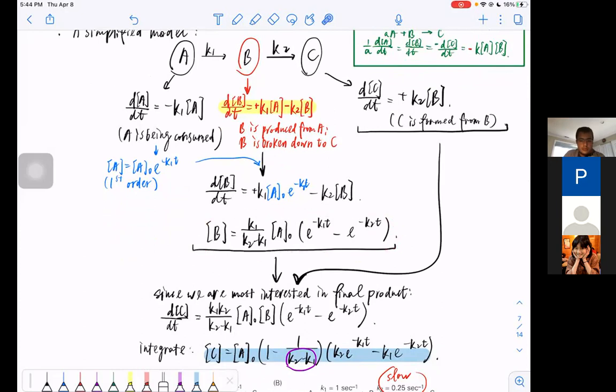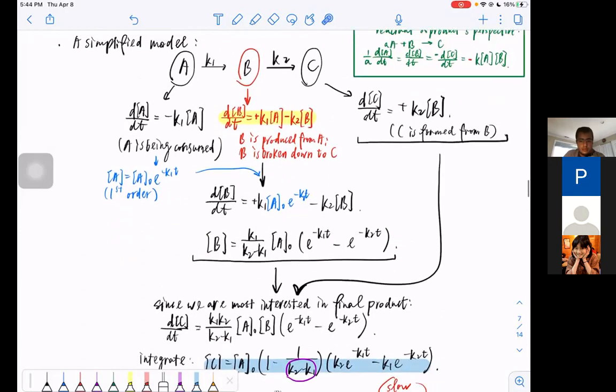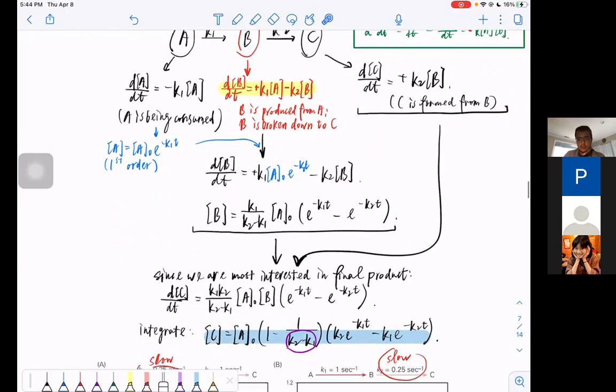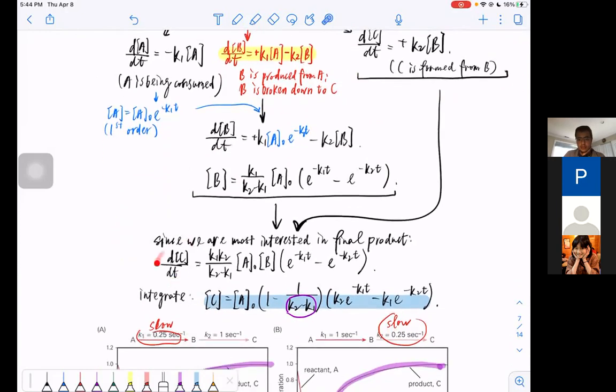Okay, so now what? Now we have this B as a function of t. We can plug that into this master expression, which is the rate law of C. Okay. Then we have a rate law of C